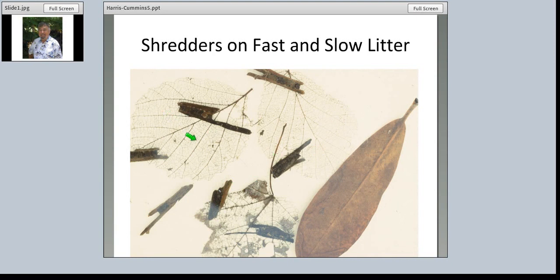And you can see that the red alder was pretty skeletonized. The very, very fast, probably 2-week time here, I think about 110 degree days. And here's the maple, which was fed on slightly slower, but still pretty fast. And here's rhododendron that looks like a piece of shoe leather, and it has certainly not even been colonized effectively by the microbes yet. So the rates of turnover are drastically different between the fast ones and the slow ones.